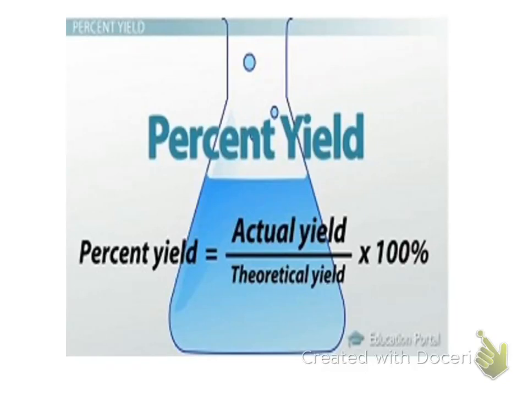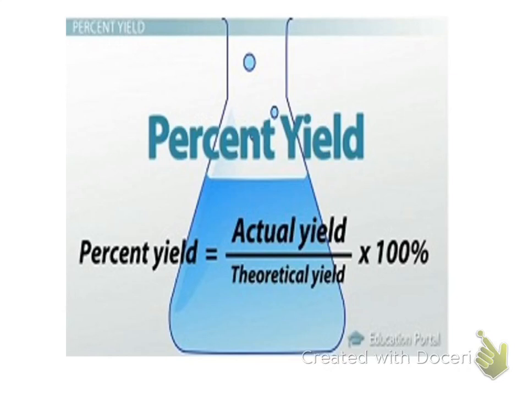Okay, so for percent yield, which is the last part of our notes, we're going to be using this equation. Actual over theoretical times 100 gives you percent yield. So everything that we've been doing so far, when we do a stoichiometry problem, we're actually calculating the theoretical yield, which is what we could get if the world was perfect, smelled like roses, and we could all eat chocolate and it wouldn't give us acne or make us gain weight.